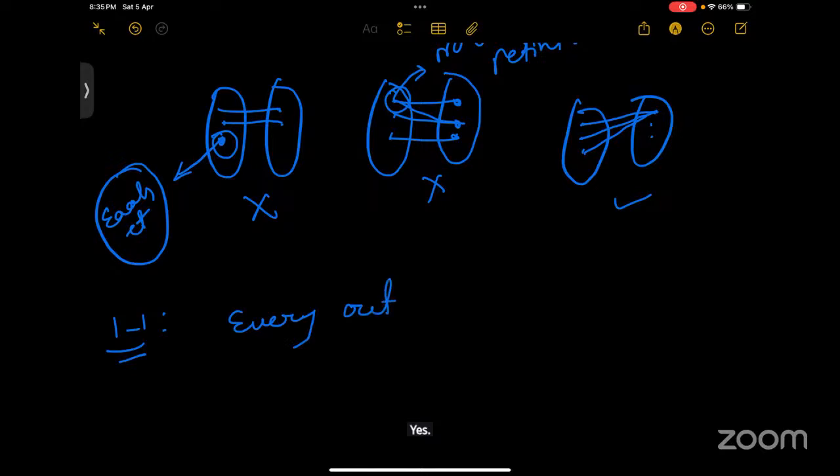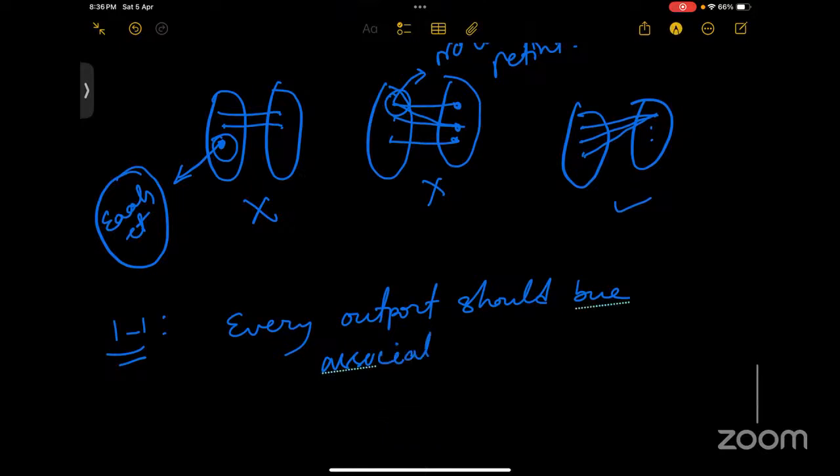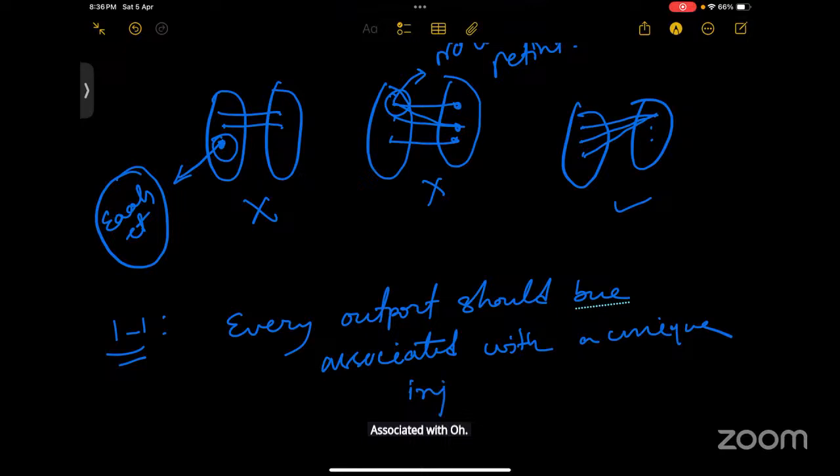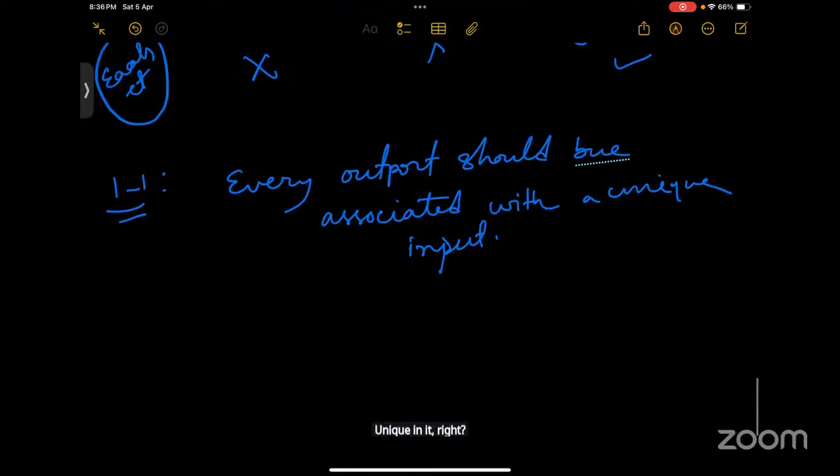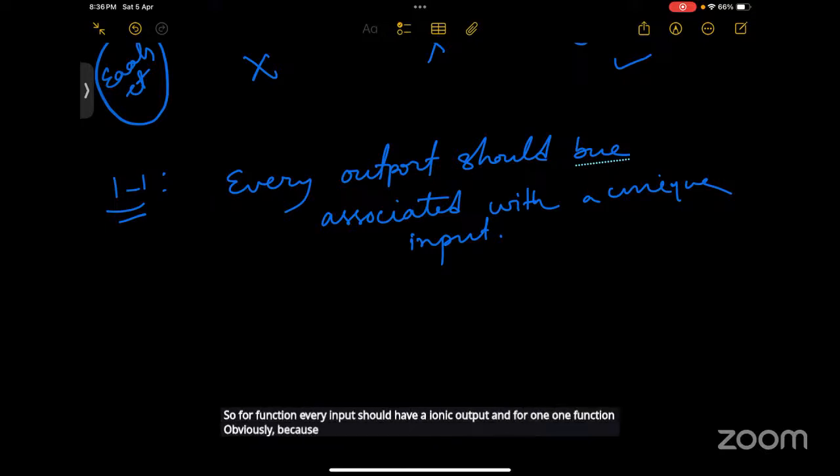Every output should be associated with a unique input, right? That means we say the reverse thing. So for a function, every input should have a unique output, and for a one-one function, obviously because it is a function, every input should have a unique output, but additionally every output also should be associated with a unique input,